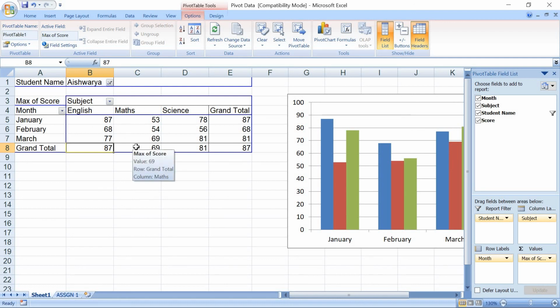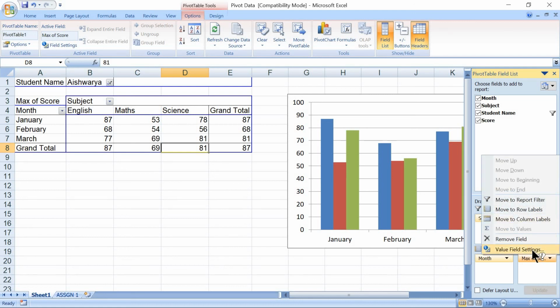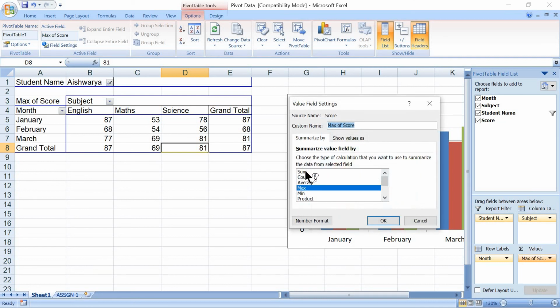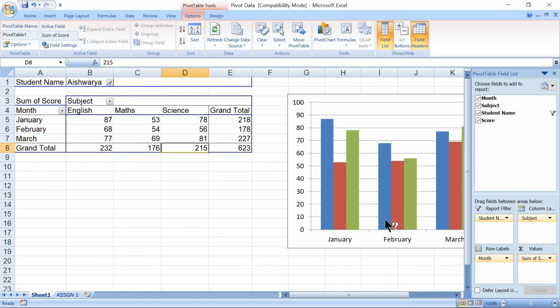In the case of maths it is for March. In the case of science it is also March, right? Go back to the Values area, click on this arrow, then Value Field Settings. Then let's go back to the default one, that will be sum, then click OK.